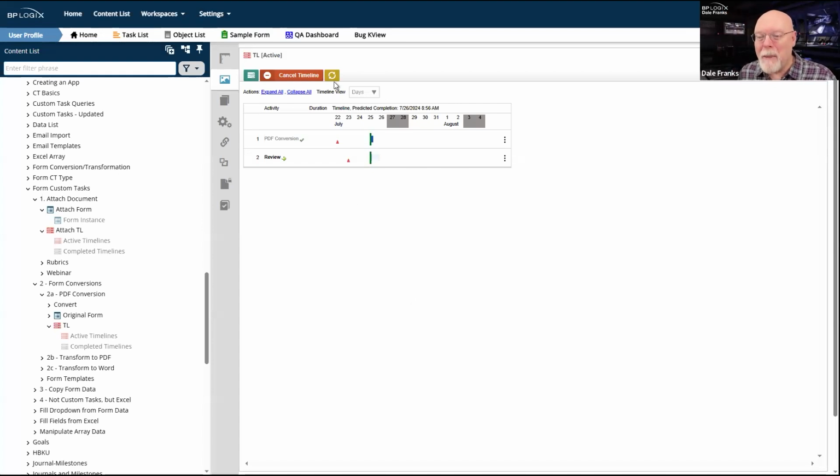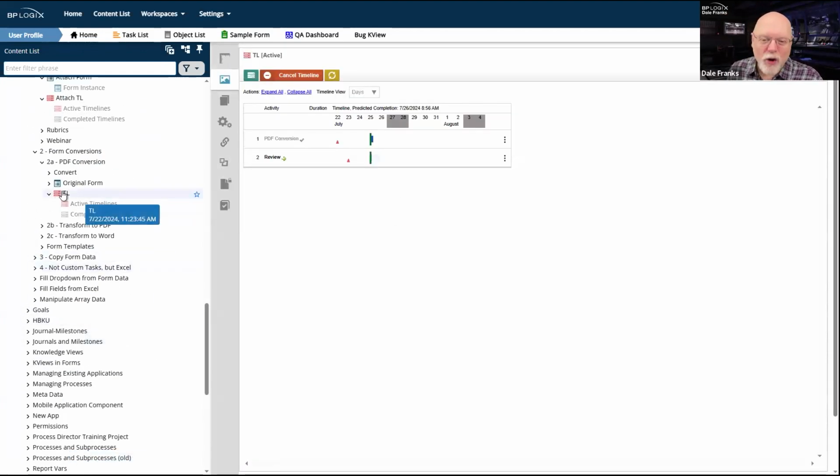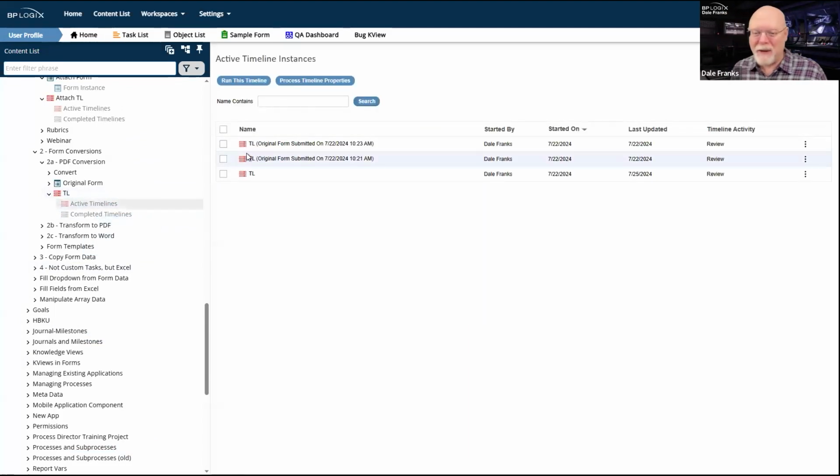So I might have to hit this a couple of times just to ensure that, oh, now I'm in the review task. This task is done. Green checkbox. I have been successful in restarting that task. And that's what the refresh button is there for. That was a really long exegesis just to talk about the refresh button, wasn't it?